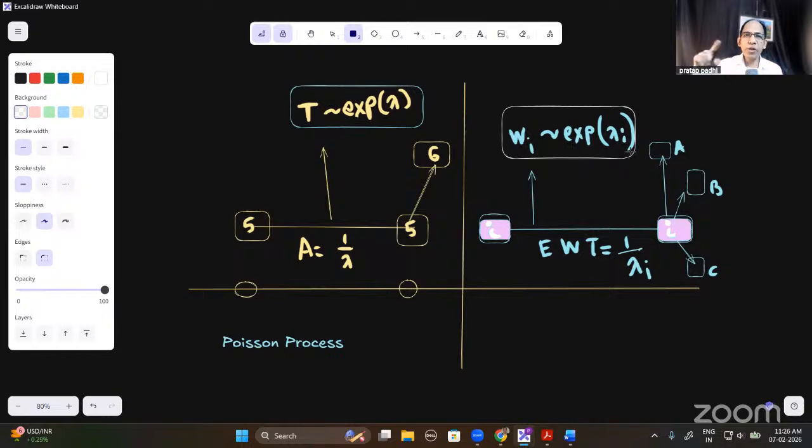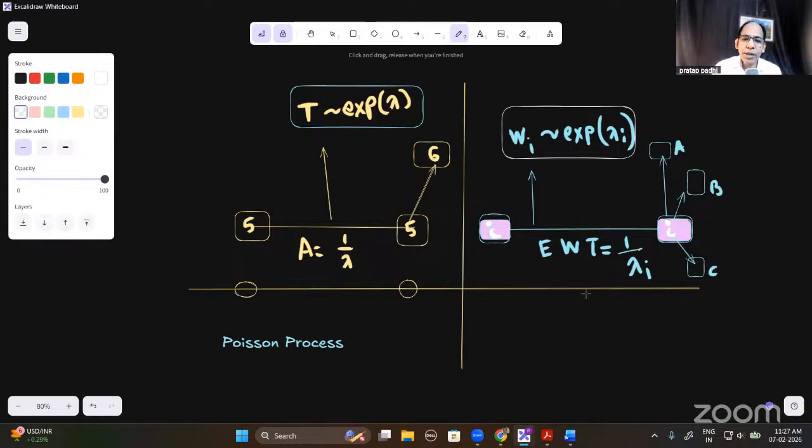Exponentially distributed means, you must be knowing, exponentially positively skewed. Less is more, more is less, that kind of thing. So the waiting time is less with the highest probability. And what is that magnitude? If you want to understand, of course, you can do that estimation part. Wi follows this. So how to know lambda i? That's what you need to know. So here lambda i is equal to,